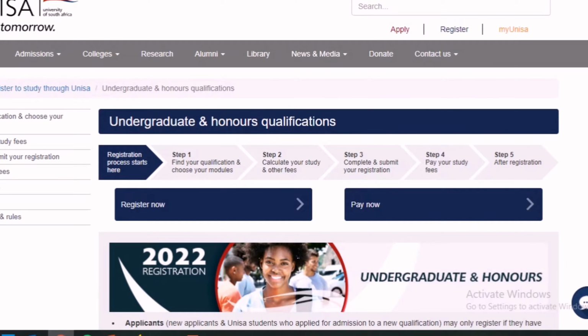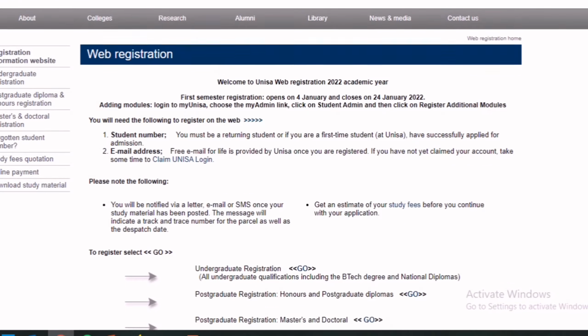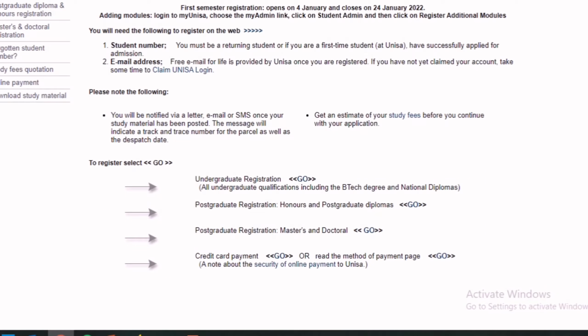So they are so nice. They walk us through the first registration. So if we go to undergrad, this is the web registration page you get. You'll see they ask you if you're undergrad, if you are a postgrad, if you are doing your doctorals, or if you're paying. So obviously we are doing undergrad. So we just click on the little go symbol that's there, and then they will take us to the next